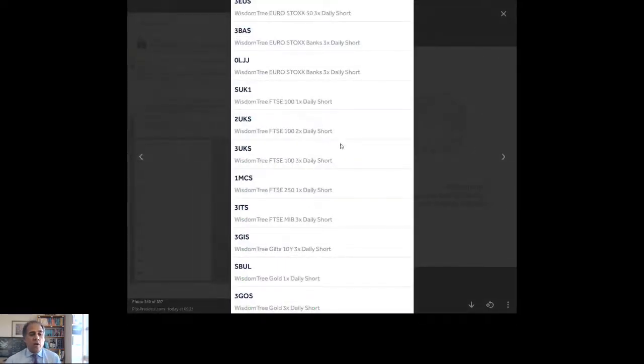So out of these, which might catch my eye at the moment, I don't look at gold, for instance. Other people do. Some say I've got a view on gold, and therefore they might take some of these products. There's a whole range of these, which all the brokers I just listed offer. Now, why are exchange-traded funds interesting? And like I said, I'll do a separate webinar on them.